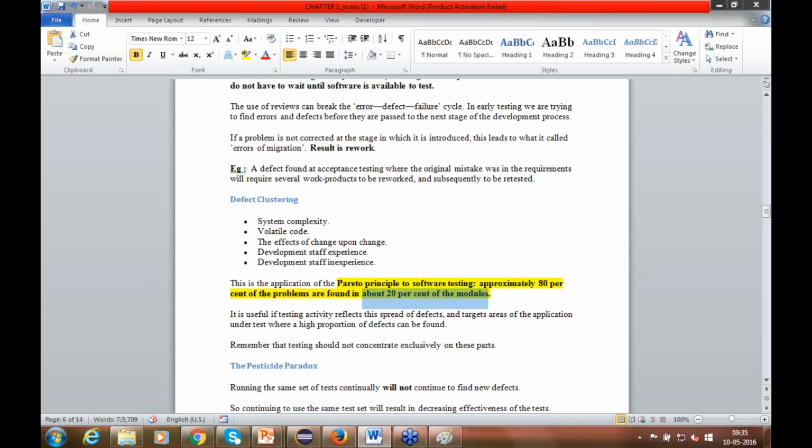We need to test those first, because if he struggled, obviously there might be some issues. This is the Pareto principle, which says 80% of the problems lie in 20% of the code. So if we can test that 20% first,